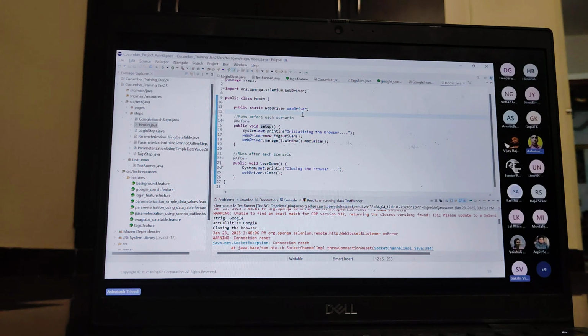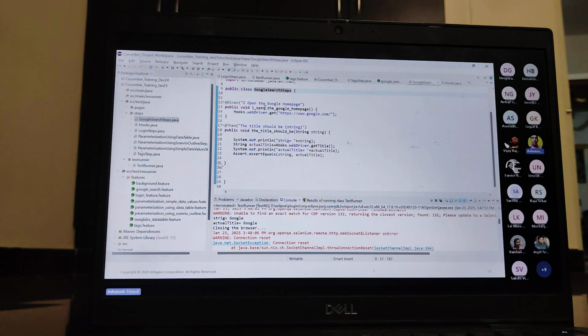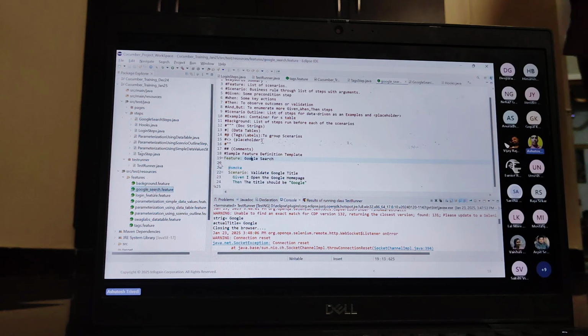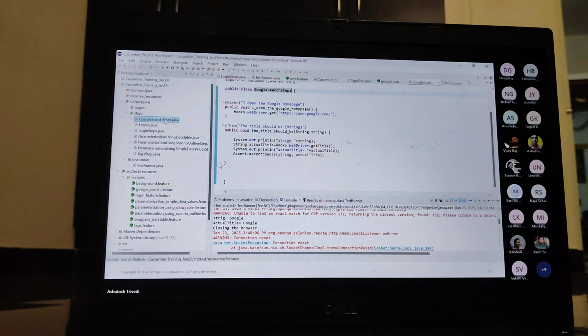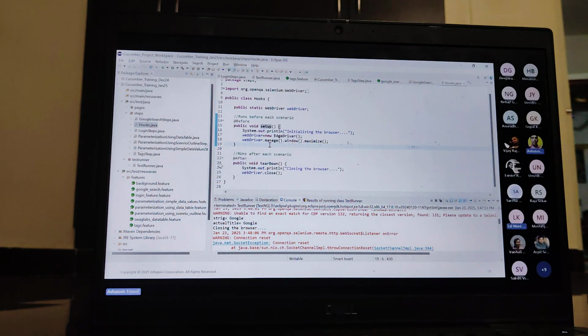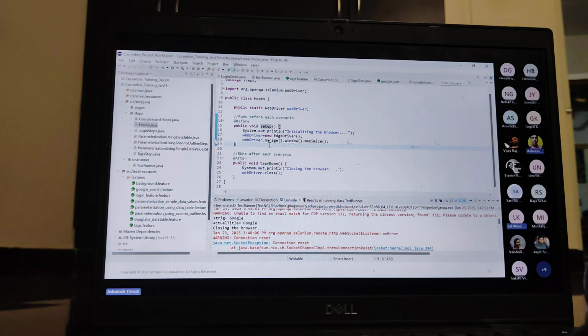Any method that you want to execute before executing your scenario, you can annotate using @Before. Now understand, this before hook gets executed before executing each scenario of the feature. Suppose in this feature file you have multiple scenarios, so before executing each scenario, the before hook gets executed. Clear, guys? If you have doubt, please ask. Okay. So in hooks, can we use not only these two methods, tear down and setup? Name of the method you can give